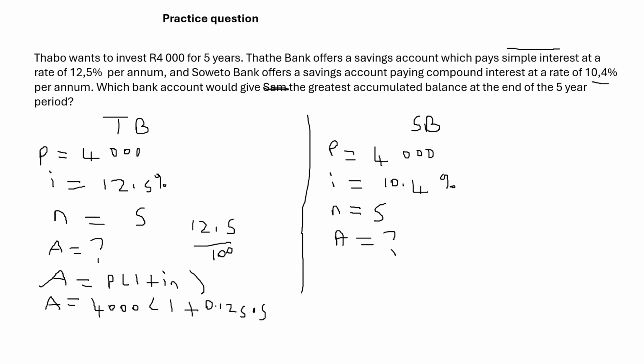Now we know n is going to be 5. From there onwards, I've got everything, so you just need to put all the values in the calculator. We know we're going to have 4,000 outside, then open a bracket. We're going to have 1 plus our interest, which is 0.125, multiplied by our n, which is 5. Then close the bracket. And I'm getting an accrued amount of